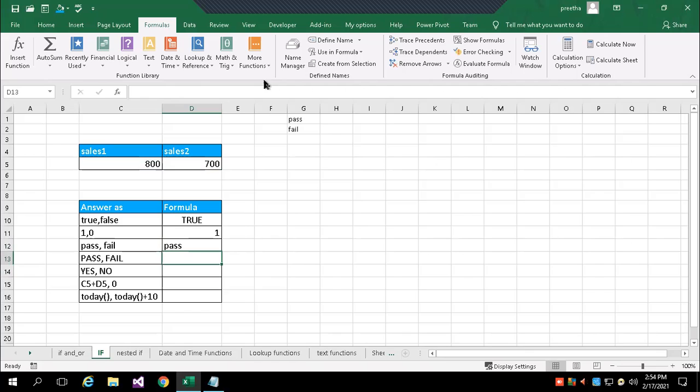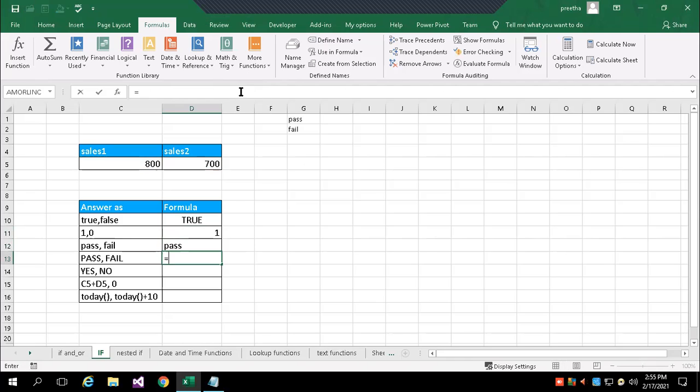If the condition is true, I wanted to write it as capital letter PASS or capital letter FAIL in uppercase. So first what I did, I gave the example that if the test is satisfied, then writing the value 1 or 0. Second example, if the condition is satisfied, I want to write the text pass or fail. Third, if the condition is true, I wanted to write the text in capital or small letter. That means I want to introduce uppercase.